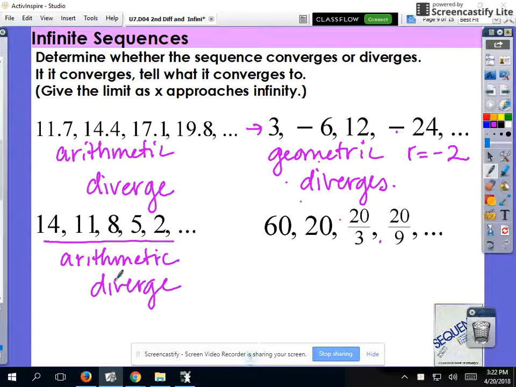All right, and the last one, pause the video, think about it, see if you can figure out what it does. For the very last one, you should have recognized that this is geometric as well. And it is going from 60 to 20 to 20 over 3 to 20 over 9. It looks like the R value is, we're multiplying by 1/3 every time. And if that's the case, and we multiply by a third and third and third forever, we're actually going to approach 0. So this converges